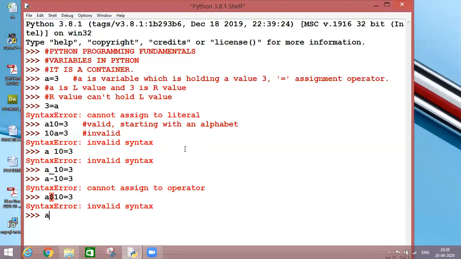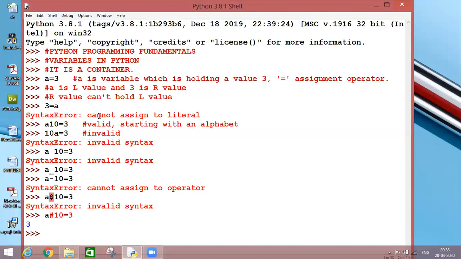If I use a#10 = 3, I'll get 3. Why am I getting 3? Now I'll tell you the reason behind it. As you can see, since the start, I'm using this hash symbol along with my text. But you can see one difference. When I'm writing a = 3, I'm writing it without my hash symbol because I need to execute this statement.